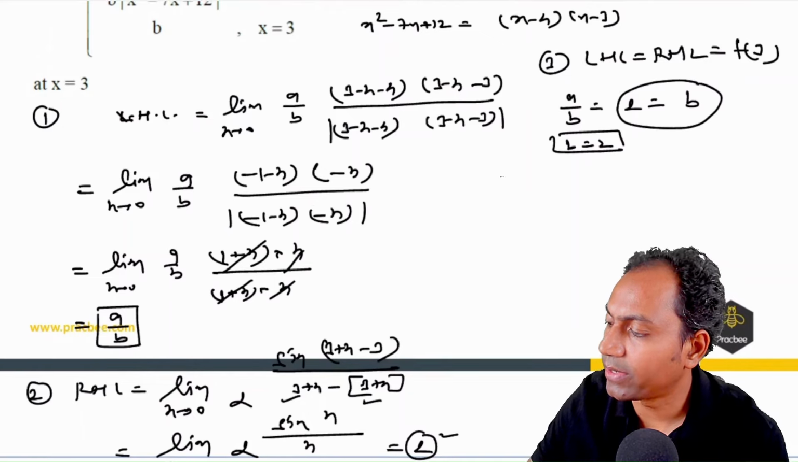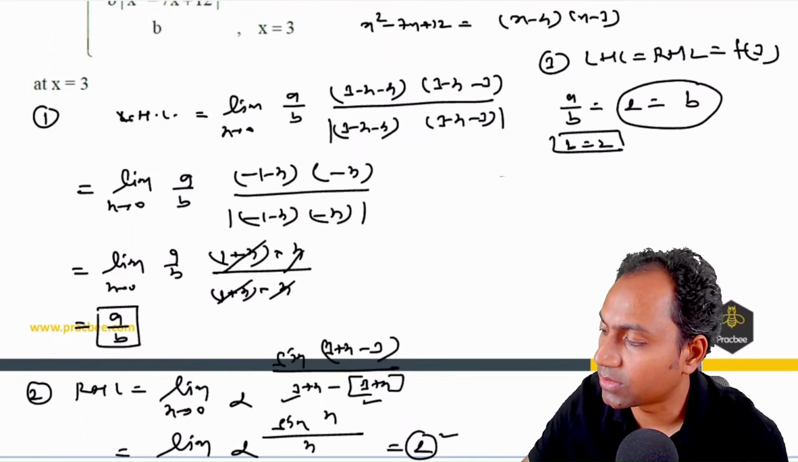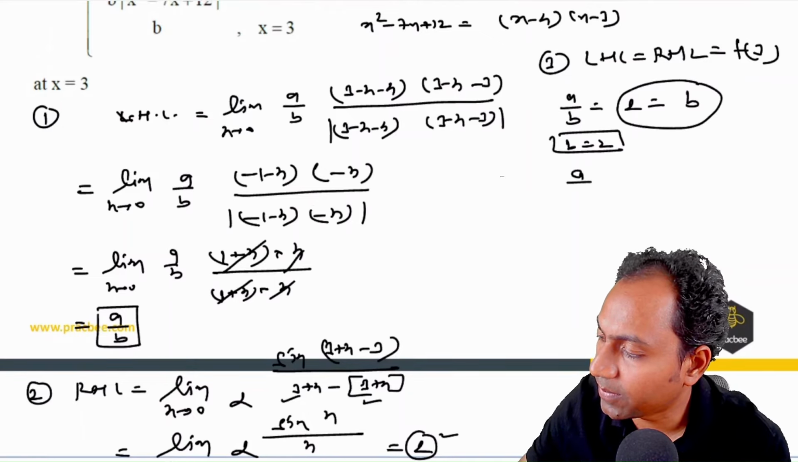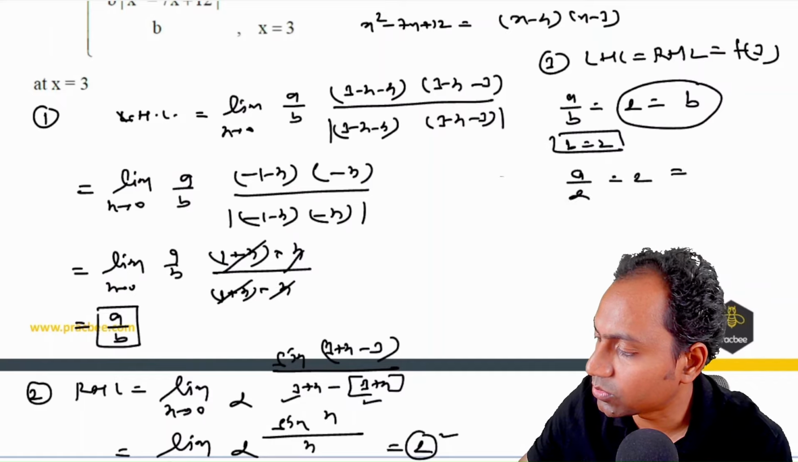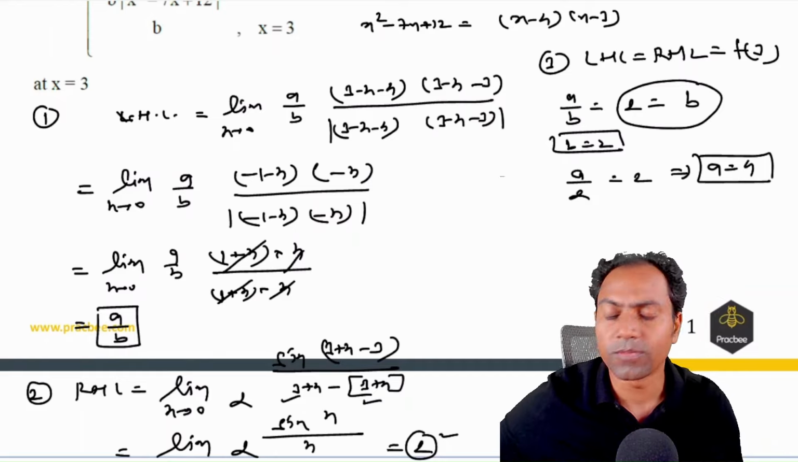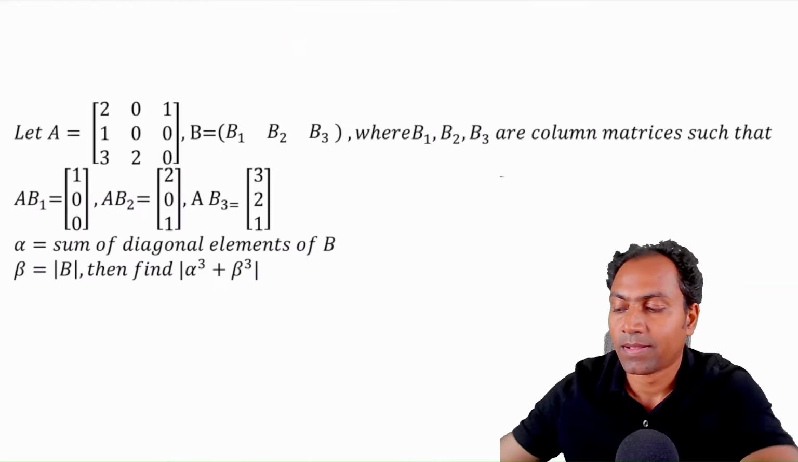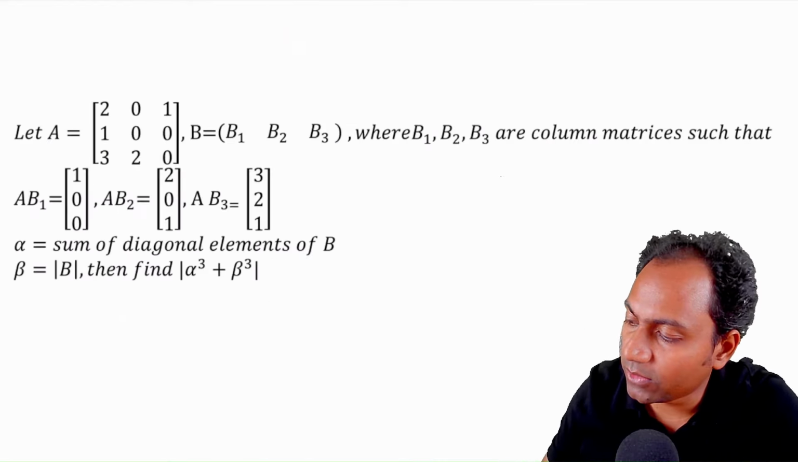And if I look into the whole idea of this question, from the second part, a by 2 comes out to be 2. So the value of a comes out to be nothing but 4. So the ordered pair is nothing but 4, 2. So let us consider the value of b1